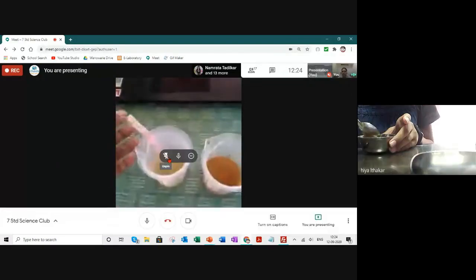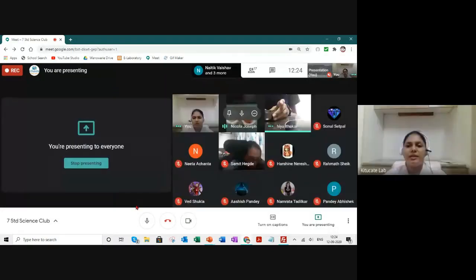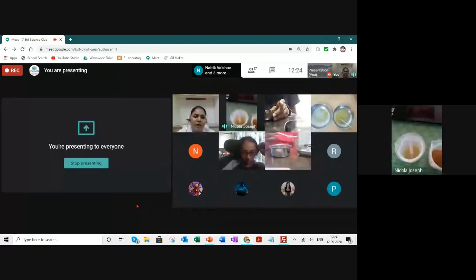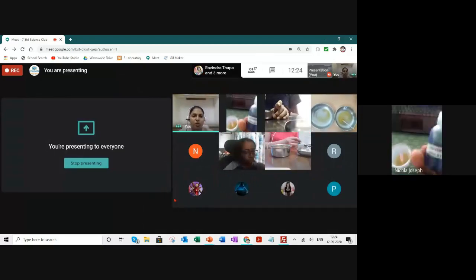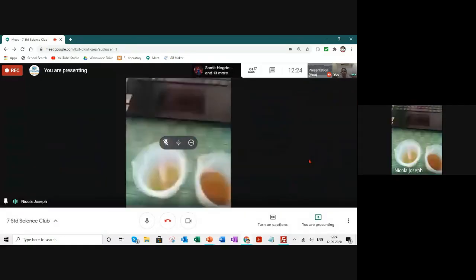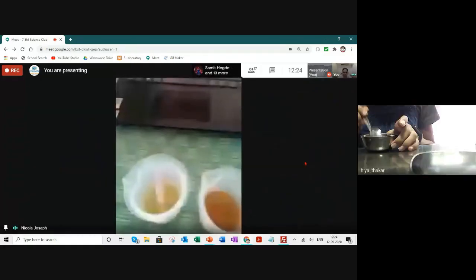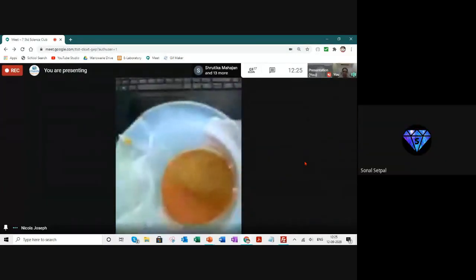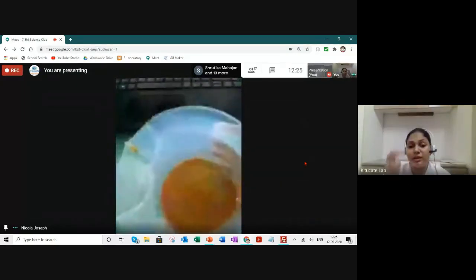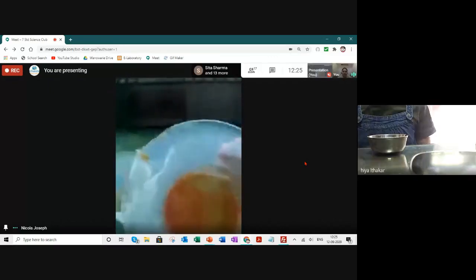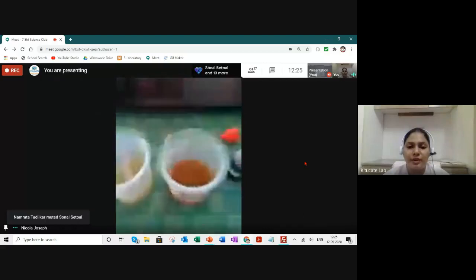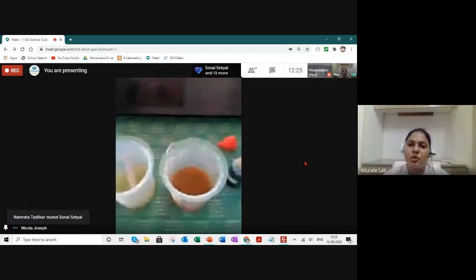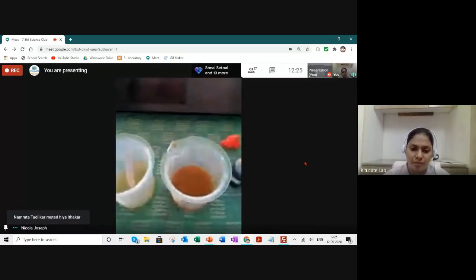Okay. I also added universal indicator. The soil is acidic. That's why your color was yellow. It did not turn red, because the soil was acidic. Universal indicator is green in color, but when you add it to this, it becomes red. Can you all see the color on the screen? After ma'am added universal indicator, the color has turned reddish. That means your soil is definitely an acidic soil.